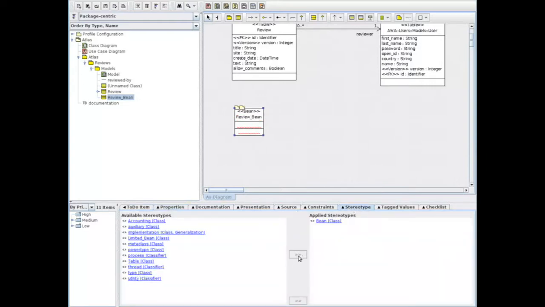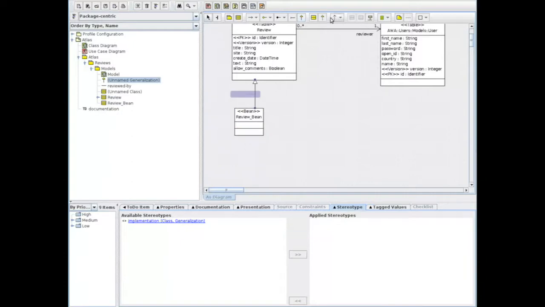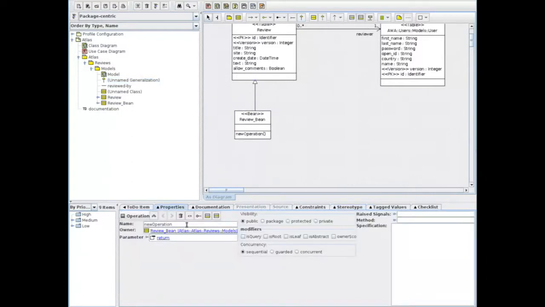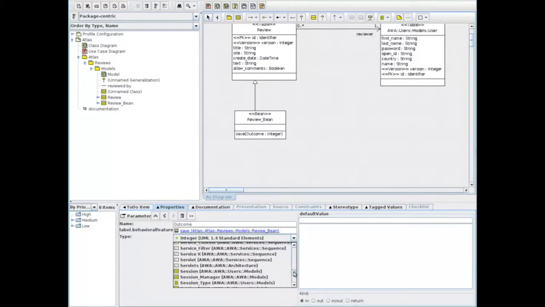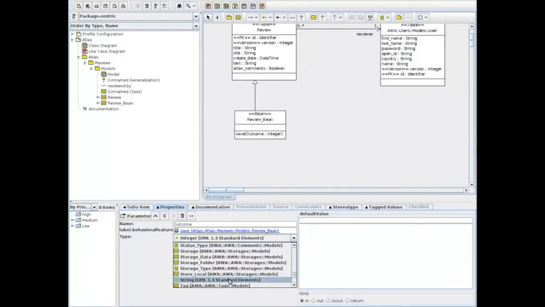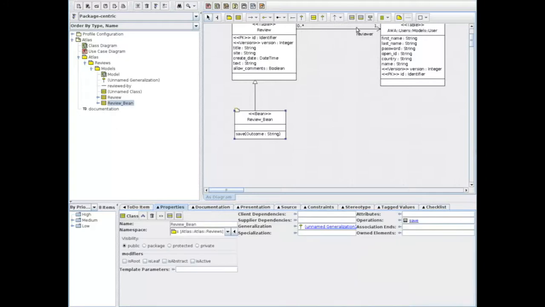The review bean inherits from the review class so that we get access to the review attributes. On the review bean, we add 2 operations, save and delete. The Dynamo code generator will generate some glue code for the expression language that is used by the presentation layer.